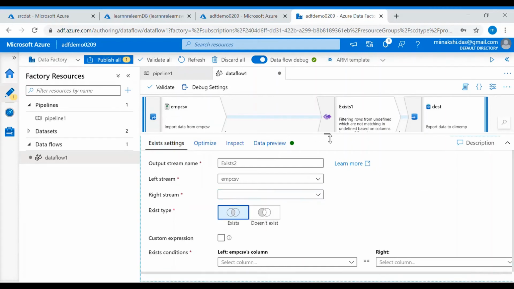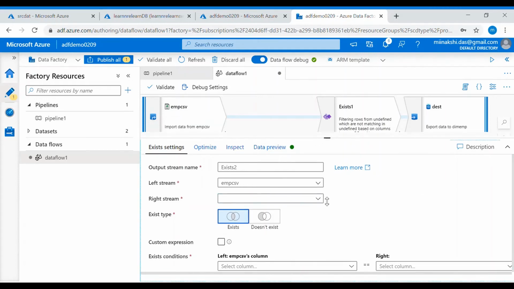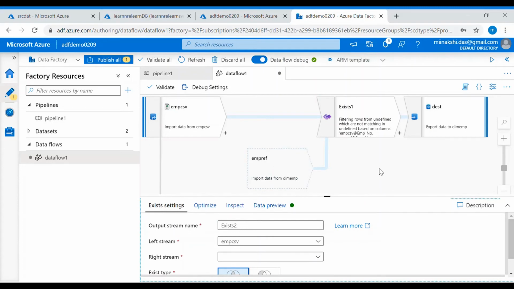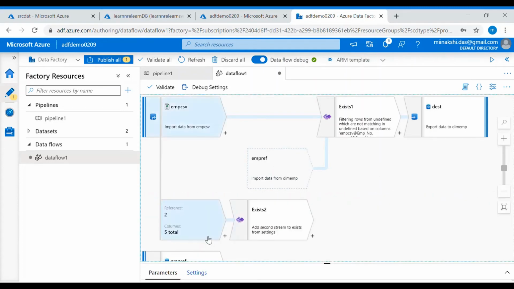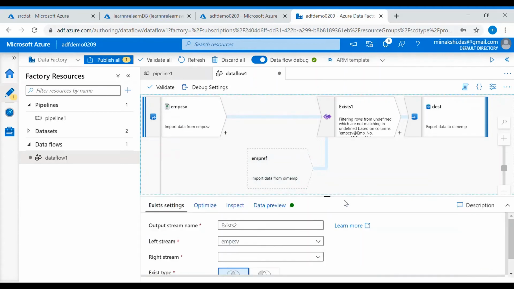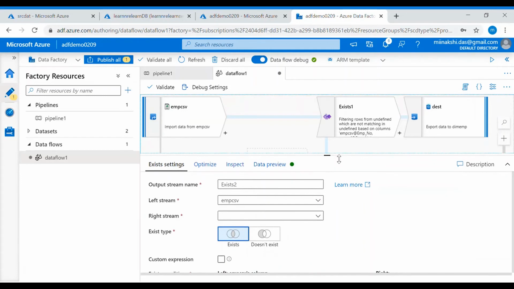We need to see if the reference table is copied. Yes, the reference table is there.